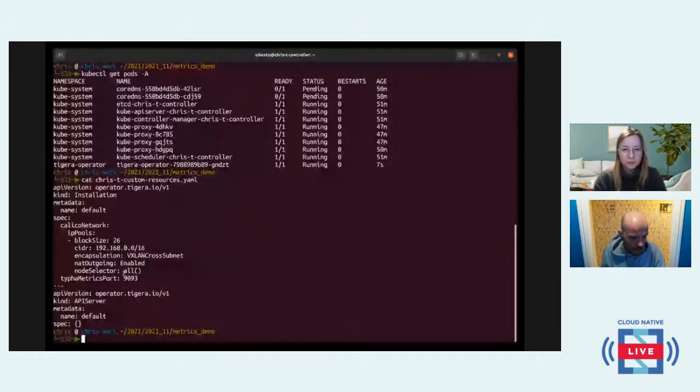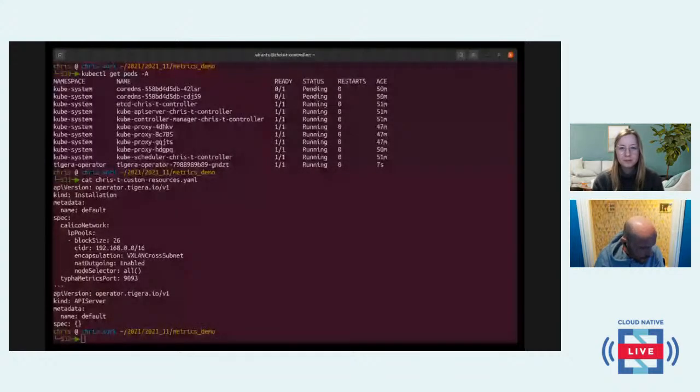So the only other customization at this point that's important is this Typha metrics port. Now, I mentioned that one of the 3 things that we were going to monitor was Typha metrics. And so by including this key-value pair here, we're telling Calico that we want Typha, the fan-out agent for the Kubernetes API, to respond on port 1993. So with all that said, if I now just feed that YAML to